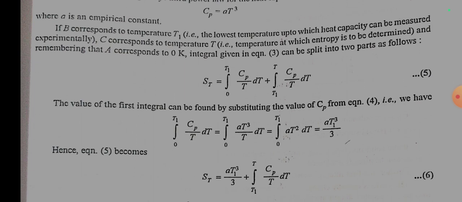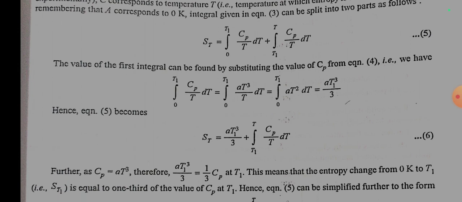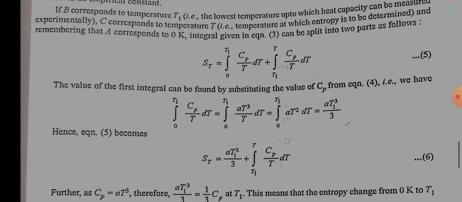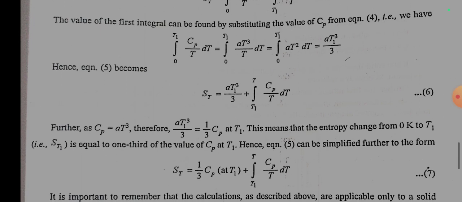If B corresponds to temperature T1, C corresponds to temperature T, and remembering that A corresponds to 0 Kelvin, the integral given in equation 3 can be split into two parts as follows. St is equal to the integral of Cp by T dT, limits from 0 to T1, plus the integral of Cp by T dT, limits from T1 to T. The value of the first integral can be found by substituting the values of Cp from equation 4. We have